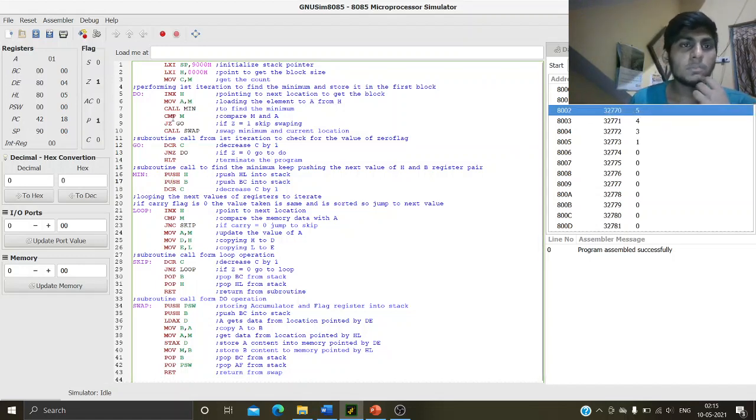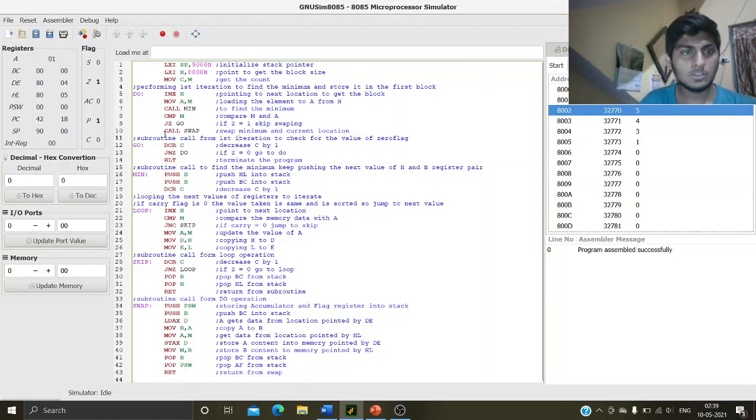Now we will compare the value of M. After the compare operation with M, which is the minimum value which we have already stored in the accumulator, we jump if zero to the go operation. If it is 1, it means it is greater than M, which we are taking now as the minimum.